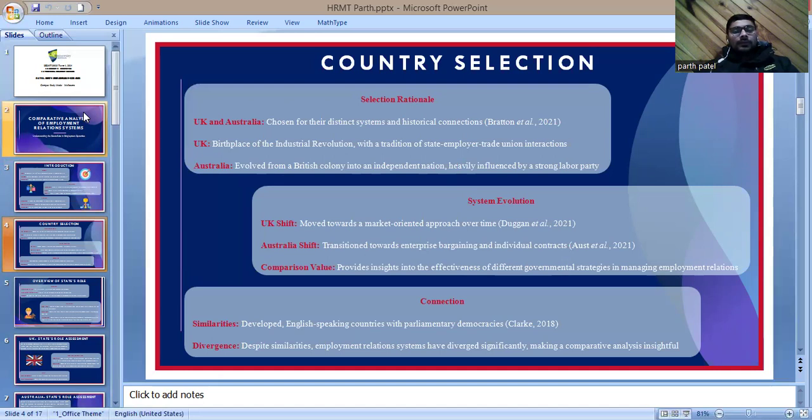They have Australian ships, they have bargaining and individual contracts, they're connecting, and the similarities. The UK and Australia both have a preliminary democracy, and with the similarity components not quite clear, and the system keeping its interest, the comparative analysis becomes necessary. Next,